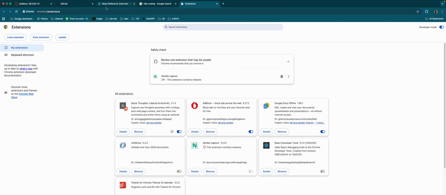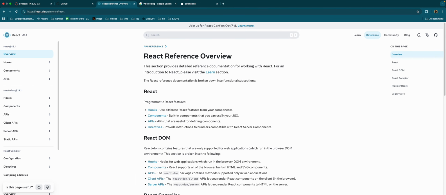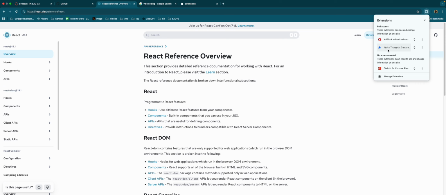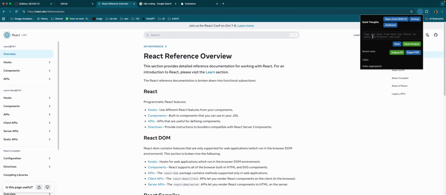Okay, suppose I am on this website, the React Developers Guide. If you don't know about React, it's a very cool framework to build websites, so if you get time, please read about it. Now this is Quick Thoughts. If you click on it, you can open it using Command Shift O. If you are in the middle of something, you can quickly press Command Shift O and it will open for you. There is a dashboard, there are settings,